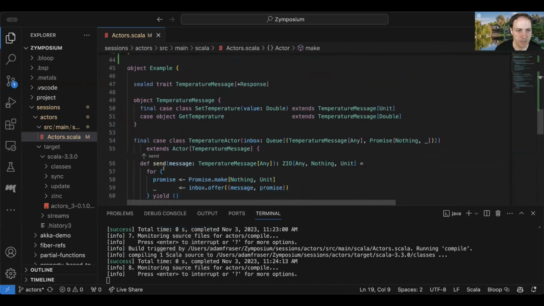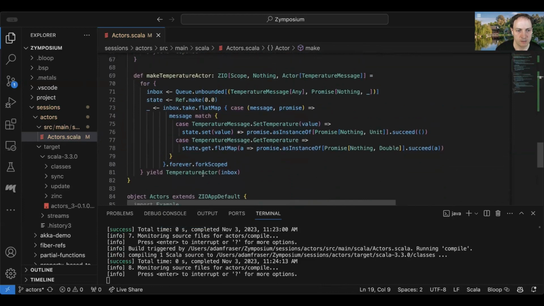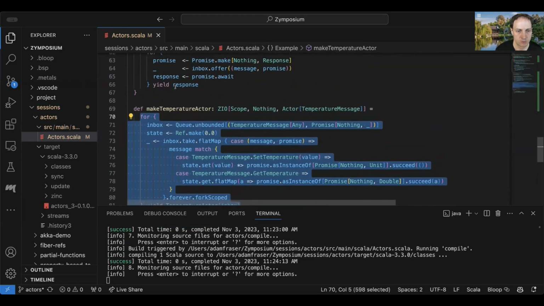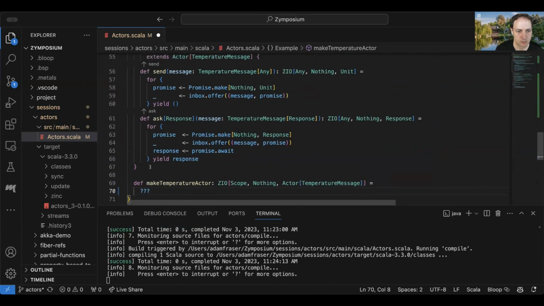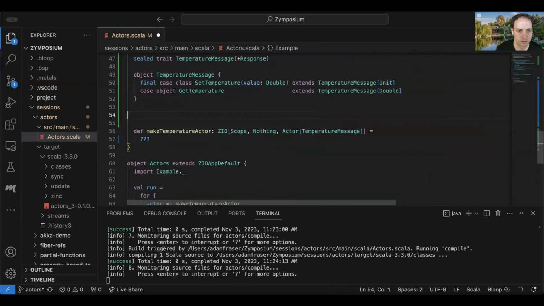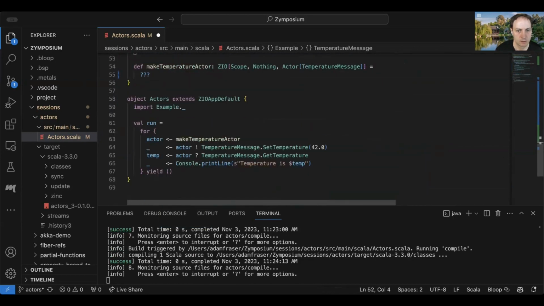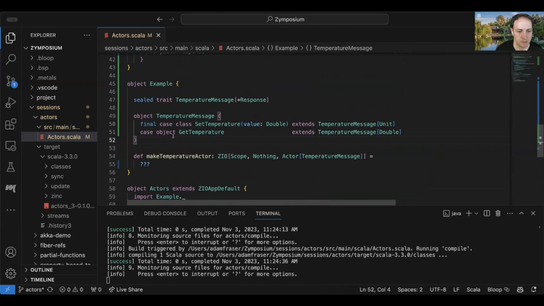Okay, so now let's try to get rid of this. And let's try to get rid of this. And now we've got implements. So now we could do actor.make.